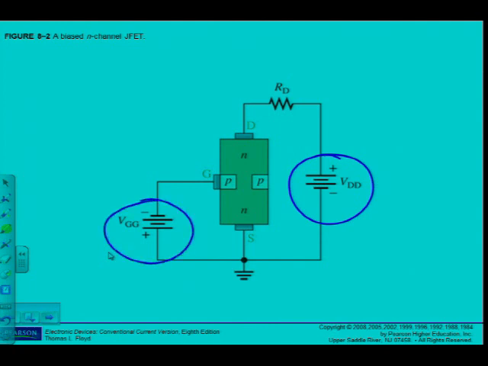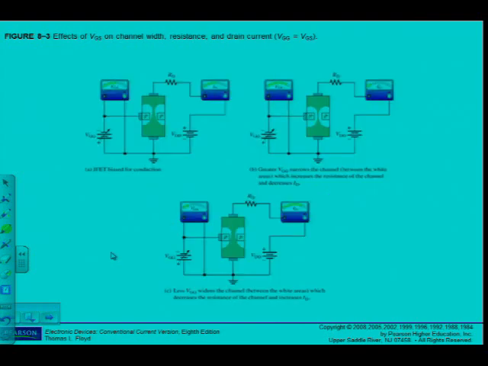Please note that the gate to source voltage is reverse biased. That is important. And also I can see that it is a voltage controlled device. Alright, how does it work? If we go and look at figure 8.3,